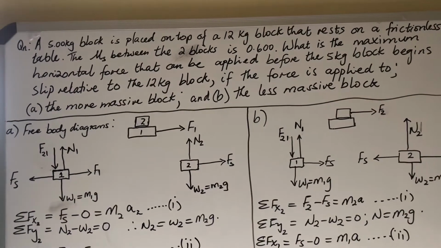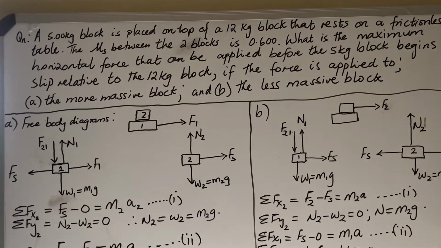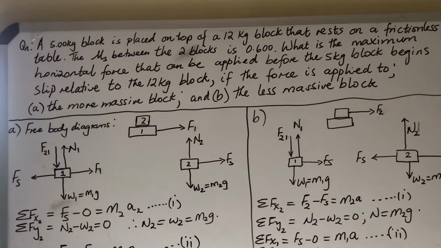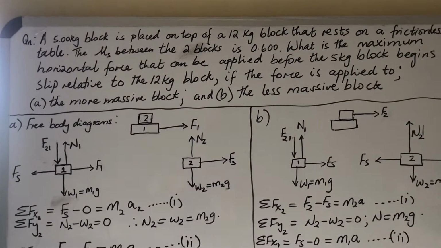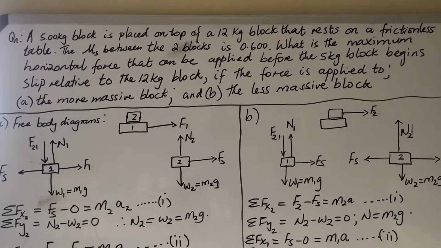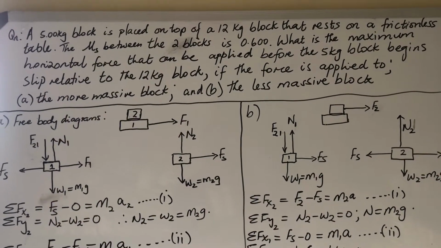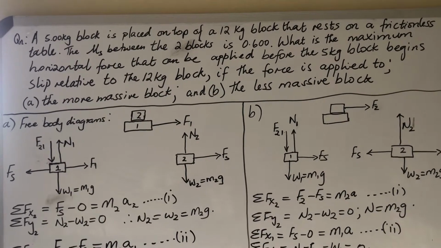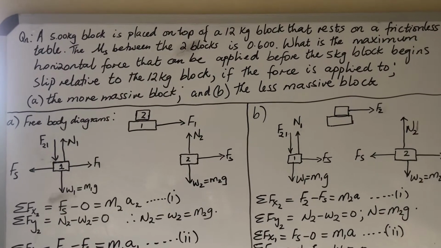What is the maximum horizontal force that can be applied before the 5 kg block begins to slip relative to the 12 kg block? If the force is applied to A, the more massive block, and then B, the less